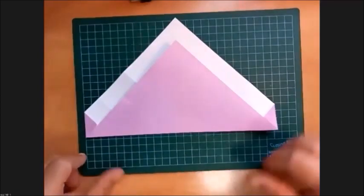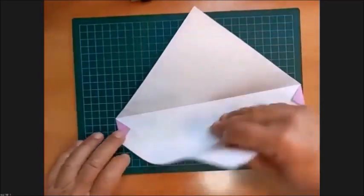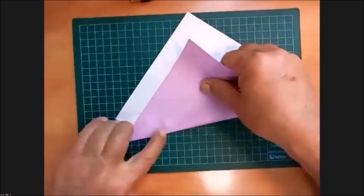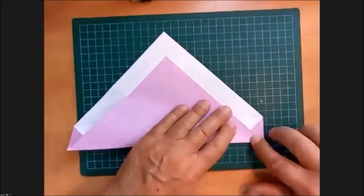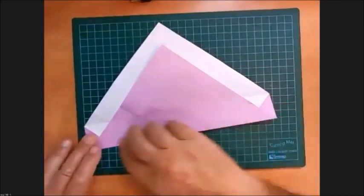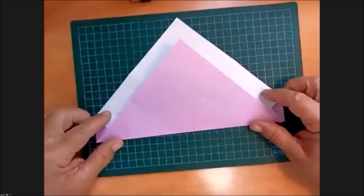Okay. I open, I rotate the paper and do the same on the other side. Okay, what I do, I bring this here, make a fold here. On the other side, I do it again. And now when I have these two, I can complete the fold. I open the fold